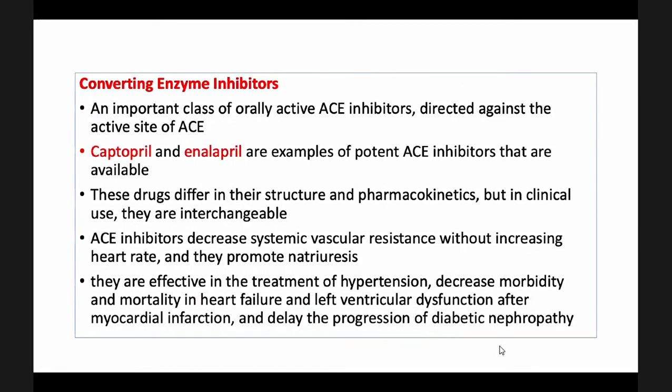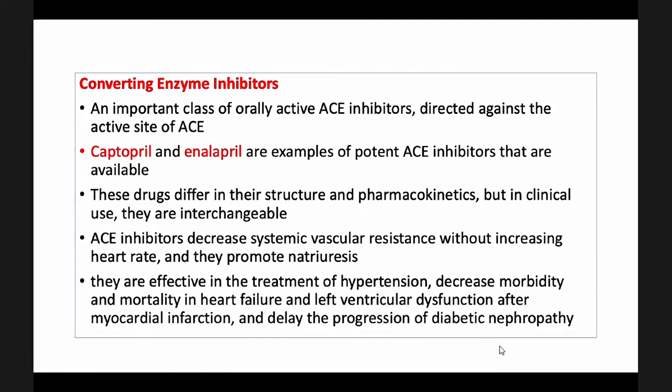So your converting enzyme inhibitors are an important class of orally active drugs, which are directed against the active site of your angiotensin converting enzyme. Examples of your converting enzyme inhibitors are your captopril and enalapril. These drugs differ in their structure and pharmacokinetics, but in clinical use, they are interchangeable, so they can be used either. So ACE inhibitors will decrease the systemic vascular resistance without increasing the heart rate, and they will promote